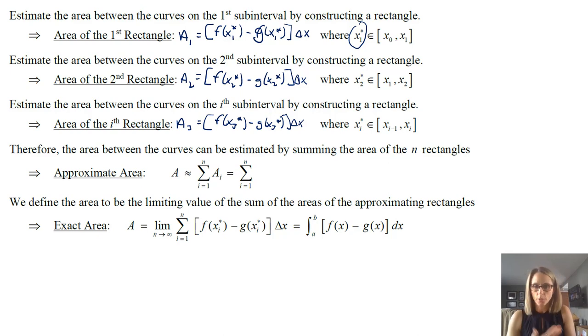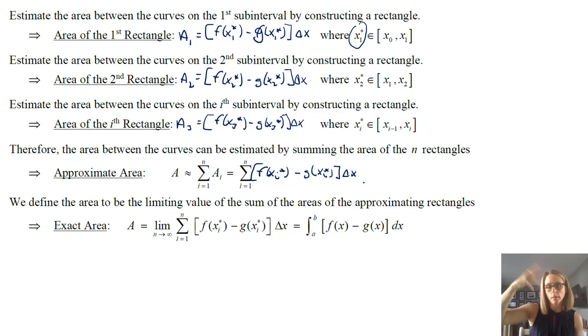So the area between the curves can be estimated using this idea of the limit, which is just taking every single possible sampling value, putting that into f and g and subtracting, and then multiplying by the delta x. And then once you think of that in terms of n going to infinity and a ton of rectangles, then you're going to get integration. So this is the exact area. This is the key thing and what's important for our purposes, but understand that it simply comes from adding up an infinite number of rectangles under a curve, well, between two curves in this case.